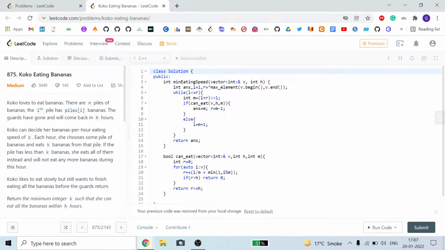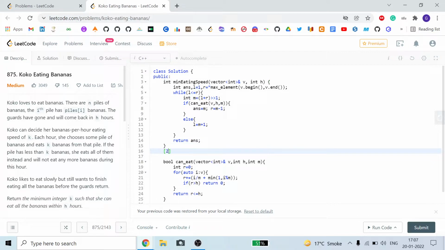This is basically a binary search problem. First of all, we will take a variable answer which will store our k, and we take l as the minimum number that can be possible. Like if we are given an array like 2, 3 and our h is 50, suppose, meaning if our h is greater than or equal to the sum of elements, then k can be 1.